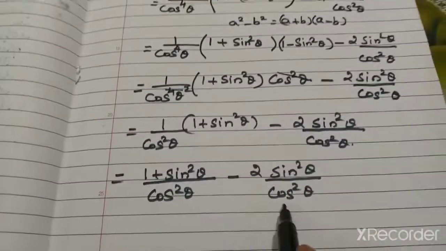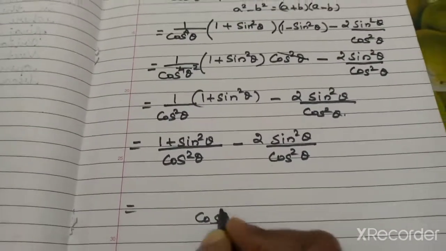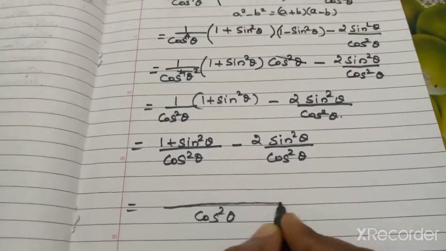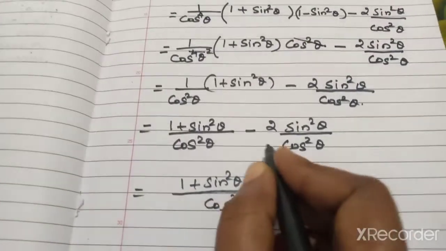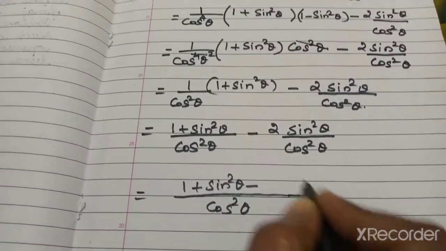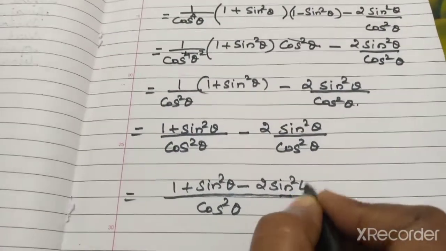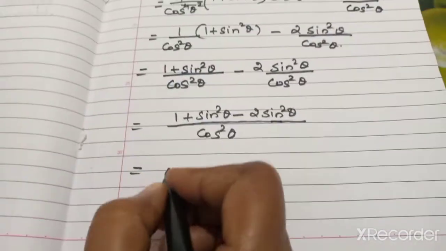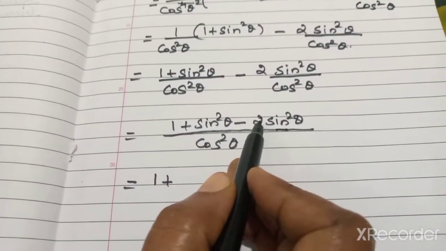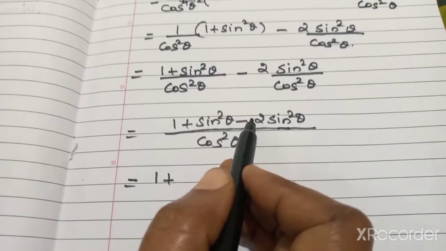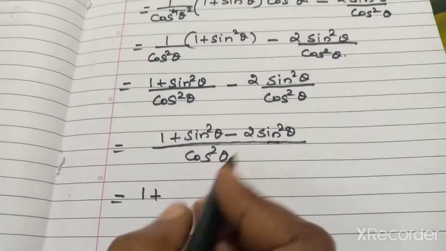Let's take the LCM of these denominators. There is the same denominator, so cos square theta, numerator can be as it is, written 1 plus sine square theta minus 2 sine square theta, which is equal to now 1 plus, here sine square theta minus 2 sine square theta. We know 1 minus 2 is minus 1. So sine square theta minus 2 sine square theta we have